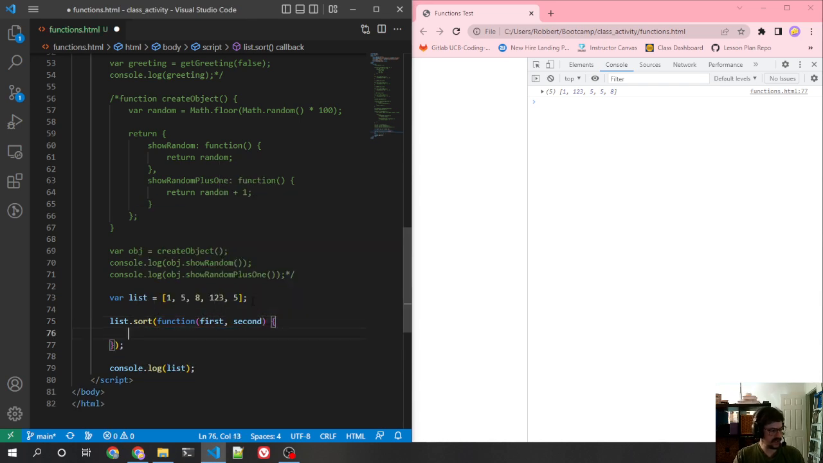And what this function takes as parameters is, basically, the list uses some sorting algorithm. I know a couple, but none of them are very efficient. So JavaScript uses an efficient sorting algorithm, but it basically needs you to tell it which one of these should